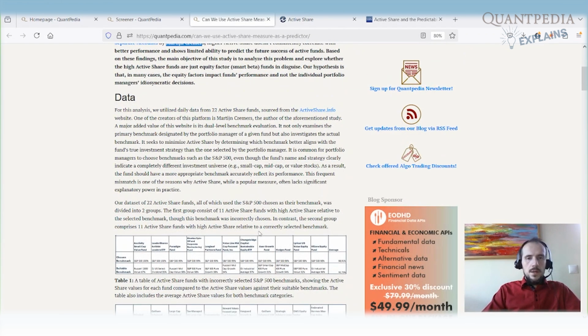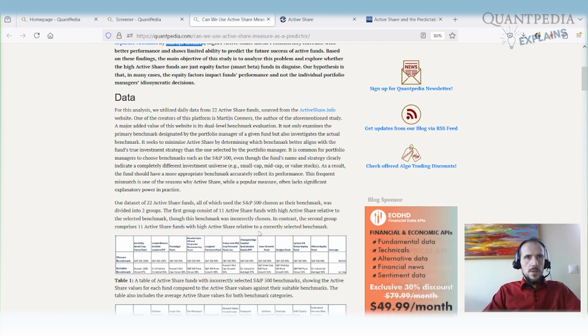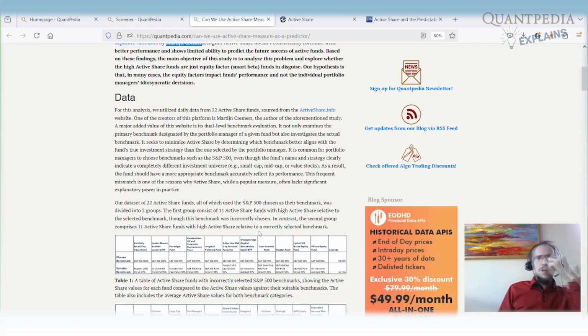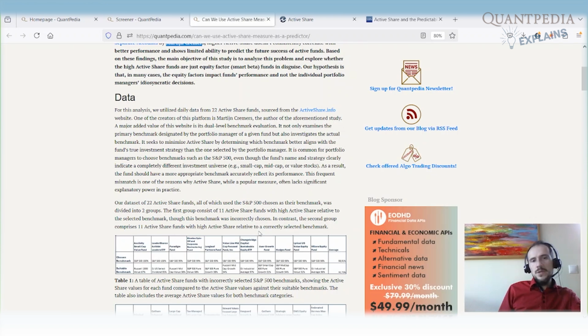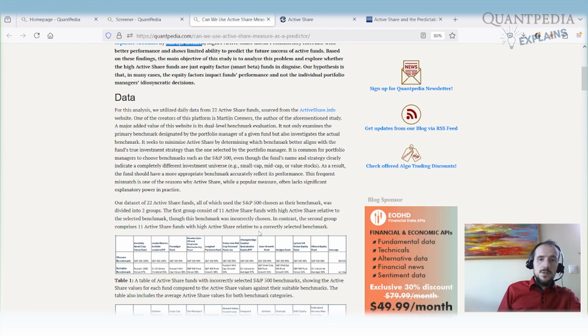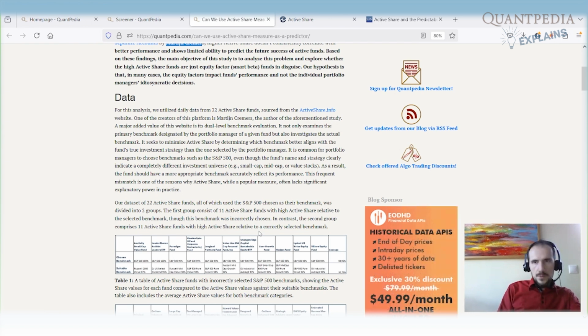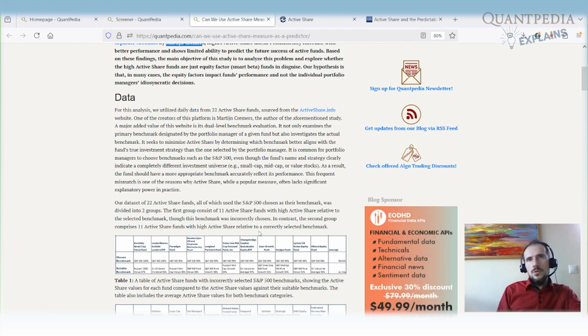So we downloaded data, and what we first tried to do is find the funds that are highly active. But when you have a fund that is highly active, it doesn't mean that the active share is correctly stated. Let's imagine that you are a portfolio manager buying value stocks, and of course some value benchmark or value index is better for you as a benchmark, but you selectively decide that you do not want to benchmark yourself against the value benchmark, but against the S&P 500. So you have a completely different investment universe, so you can buy small value stocks in your fund, but when you are telling your clients that your benchmark is the S&P 500, you have a high active share.